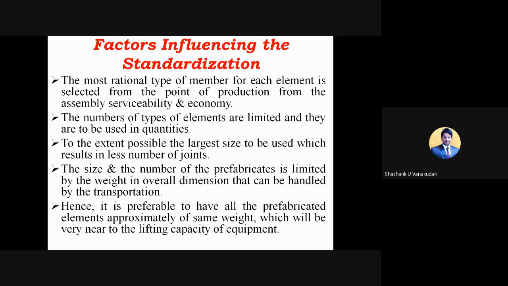It's like the most rational type of member for each element, which is selected from the point of production, from the assembly serviceability, and even with respect to the economy. So rational type in the sense the similar type of structural members is selected from the point of production, which will be similar even while placing in the transportation vehicle also. Even in the manufacturing process, you'll manufacture similar structural members with respect to the dimensions as well as other concepts like weight, and then providing of the joints,